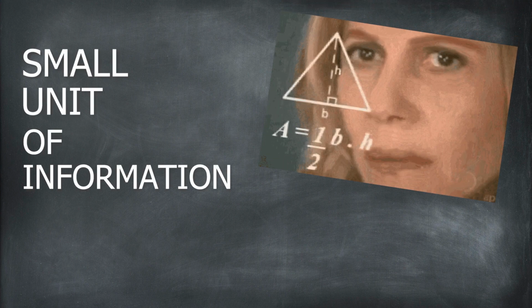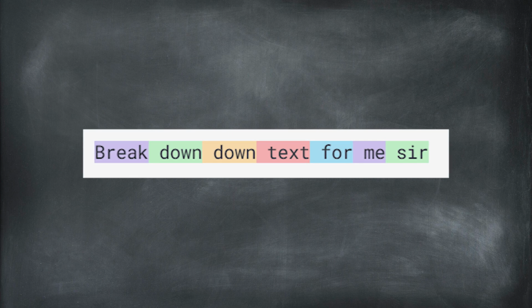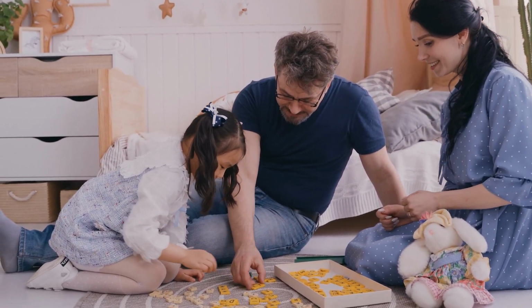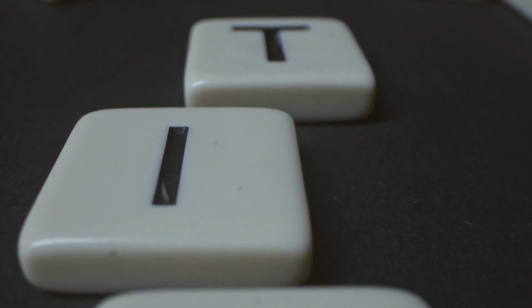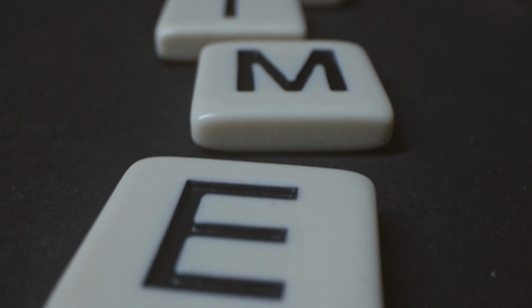So what is a token? A token is a small unit of information that is used by AI to represent words or other types of data. So in natural language processing, tokens are used to break down text into individual words or phrases that can be analyzed and processed by the AI. So say for instance, you're playing a game of Scrabble, you have a bunch of tiles with letters on them. Each tile is like a token representing a specific letter. When you use those tiles to create a word, you're essentially using the tokens to represent a larger piece of